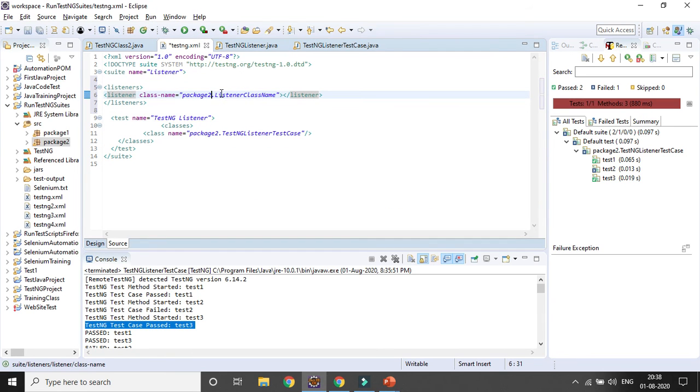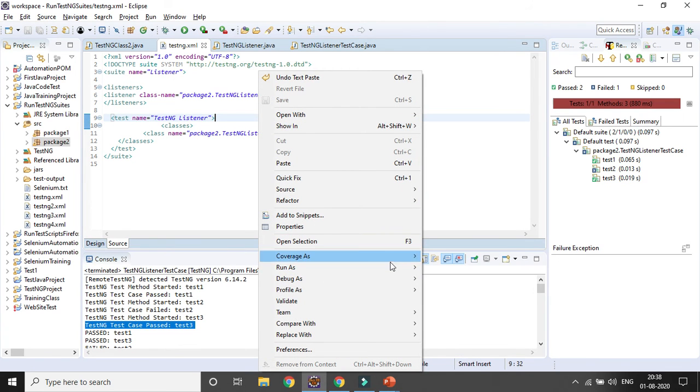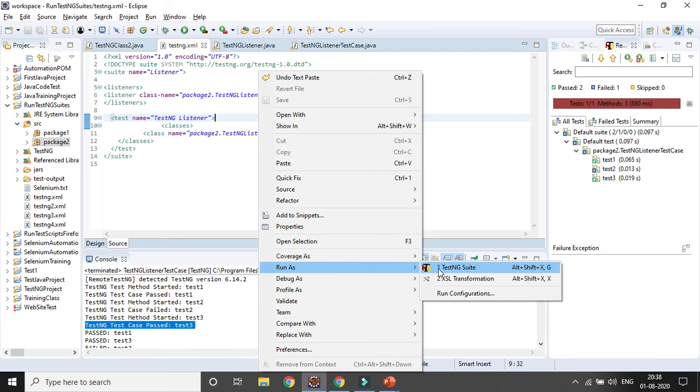If I change it from here, it will behave the same way, and we need not use the @Listeners annotation at the class level. So these are the two different approaches. Let's save it. Right now we have to run it from the TestNG XML file only, because I added the listener here.